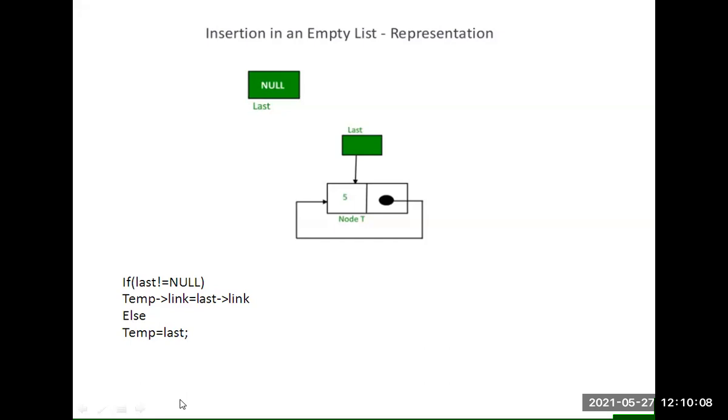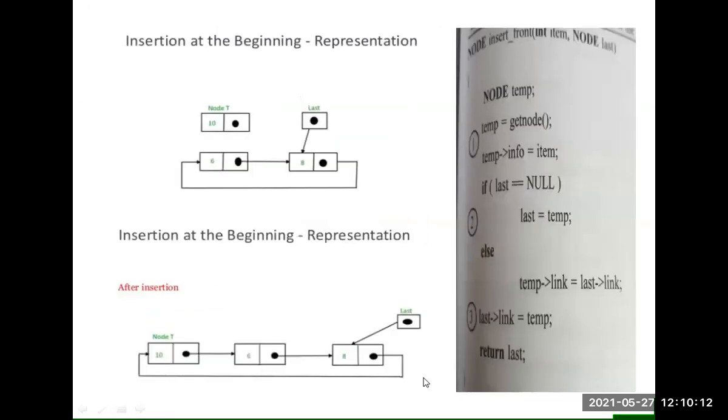See here, if a list already exists, look at the diagram. The list contains two nodes with information 6 and 8.